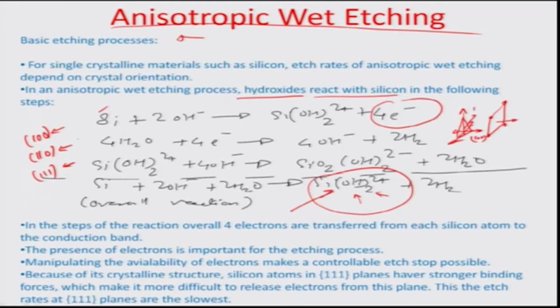This, for example, is the 111 direction, and this neighborhood would be completely different from this neighborhood. So it so happens that the number of atoms in the neighborhood of the etched portion is very critical